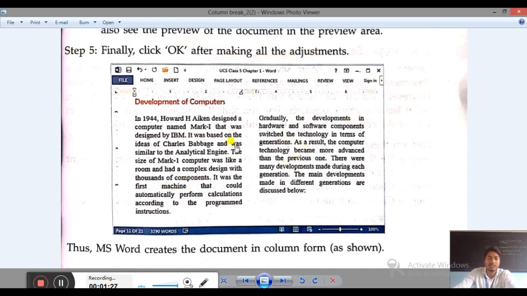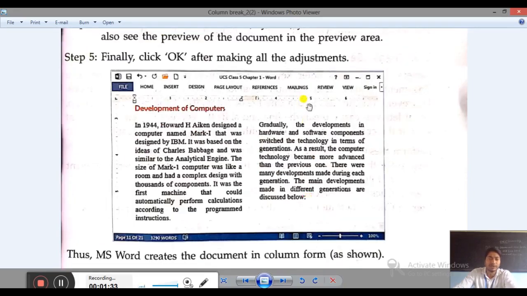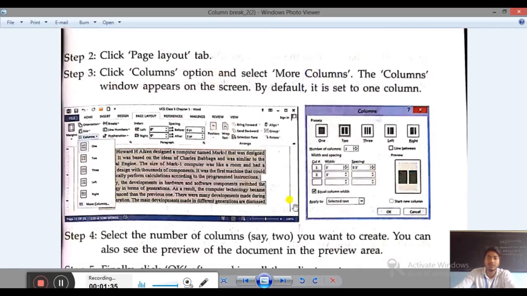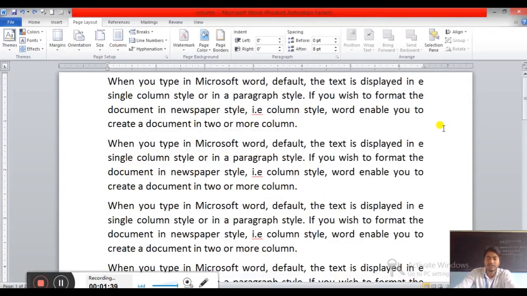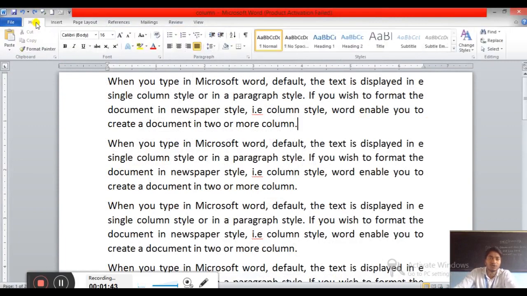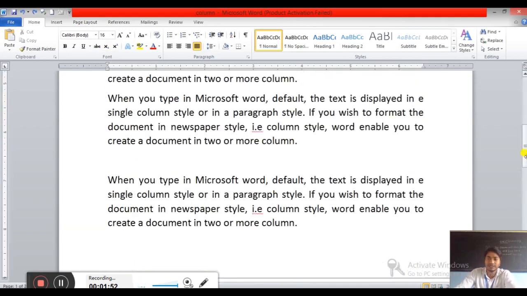As you can see in this picture, here we have two columns. Now let me show you how to insert column in your document. Suppose some content I have written in my document. Now I am going to insert column. So for that, first select the text,